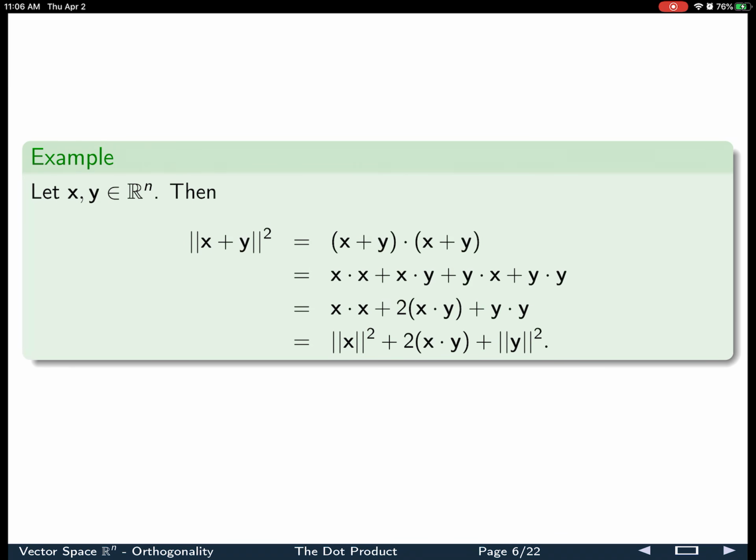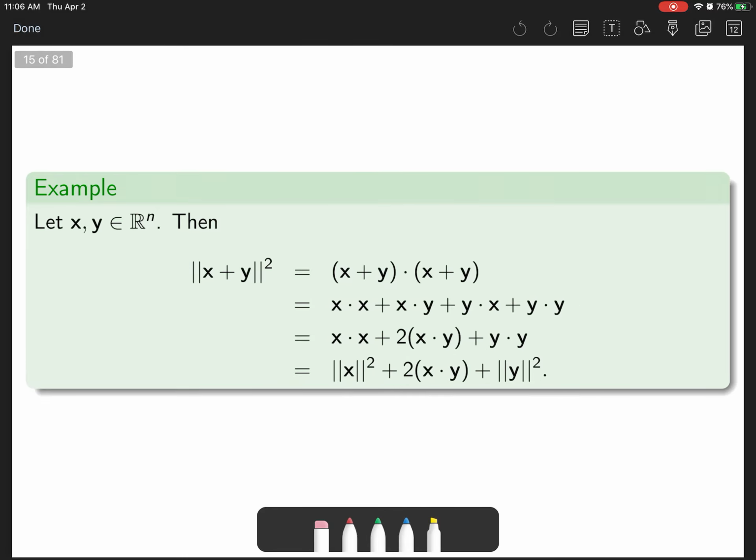This is what it looks like to find the squared length of x plus y. And I guess I will notate this a little bit. So yeah, we're taking the dot product of the sum of two vectors with itself. And you can see the result here is literally the same thing as the law of cosines. Remember that the dot product between x plus y,